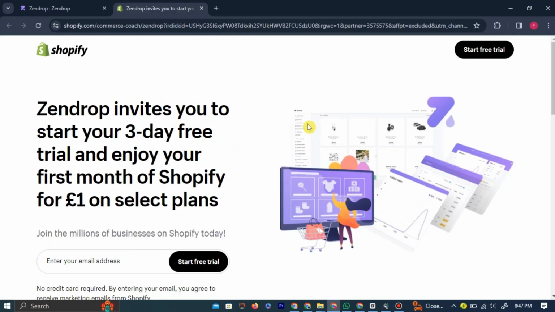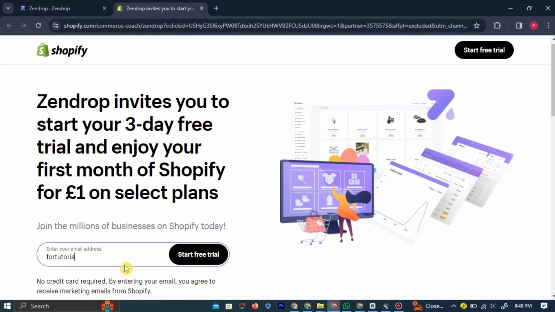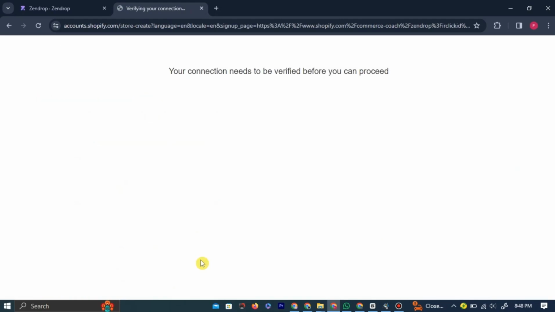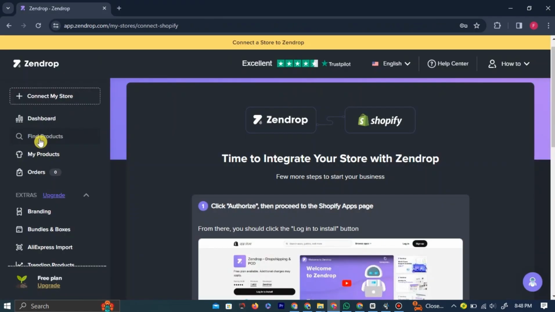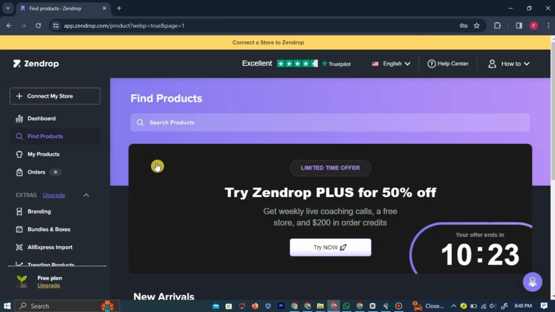A new tab will open up. Here, you need to enter your email address in the box next to the free trial button. After entering the email address, hit the free trial button and you will be taken to set up your Shopify account. After setting up the account in Zendrop, you can find products by left-clicking the Find Products tab in the